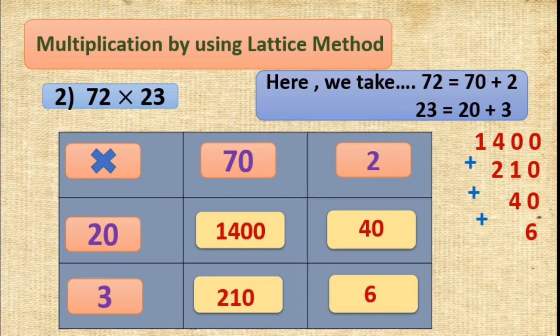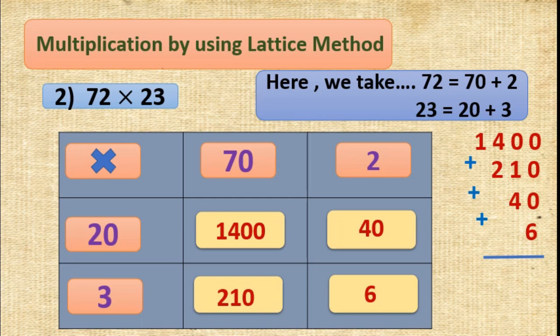Students, remember while adding you are going to write in vertical form. Then don't make a mistake in writing, because you have to remember the places of each number. This last 6 is there, correct? That 6 you have to write here only in the unit place, not here. Okay, not here or not here, because it will give us a wrong answer. So you have to write the 6 in the unit place.